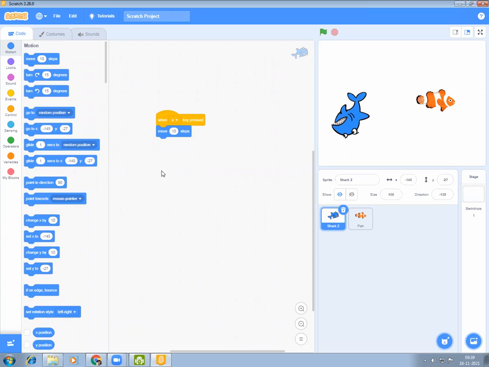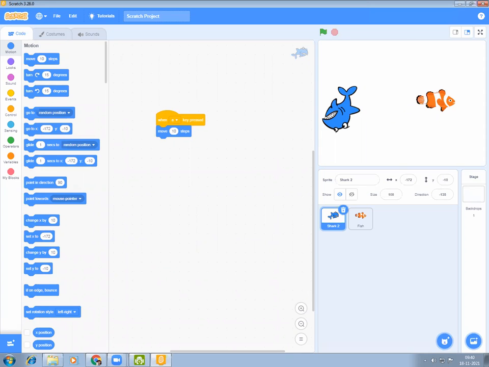So in this case, we don't require to click on the green flag. We have to click on the A button, only the A button present on the keyboard. Okay, by clicking the A button present on the keyboard, I can command the shark to move 10 steps forward.